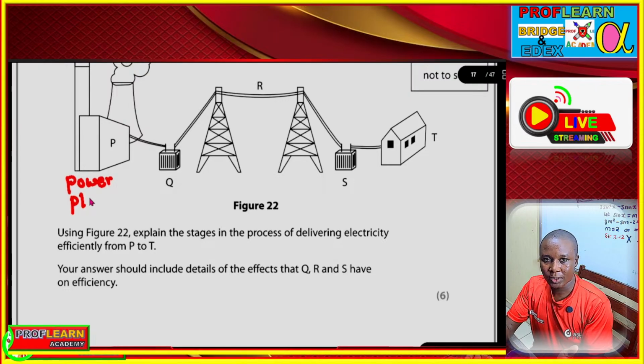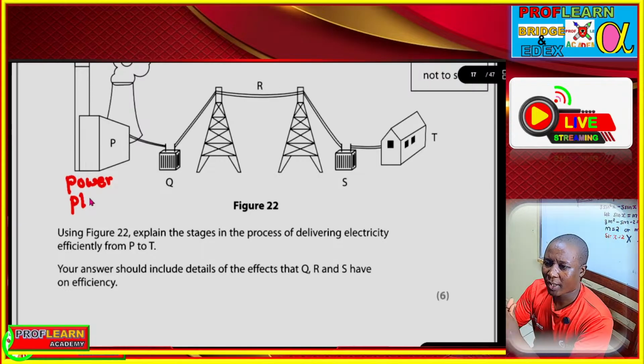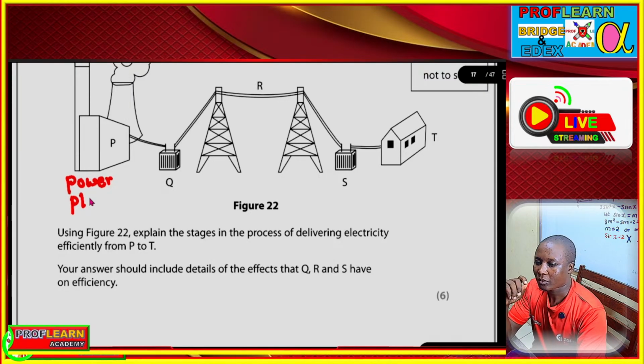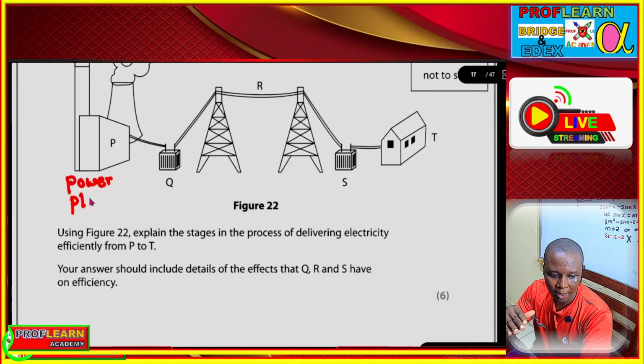If we are talking about power generated using coal, heating water, then steam is generated, and that steam has high pressure to rotate the turbines, and the turbine results to the generation of what? Electricity. So that's not what we are focusing on in this part. What we are focusing on is that in the process of electrical generation, there are different features that are going to take place. Number one is that after electricity has been generated in the power plant,